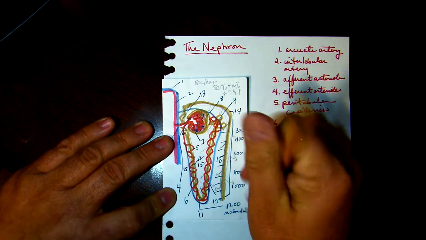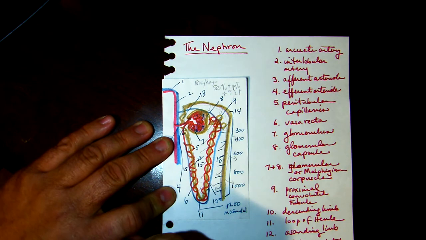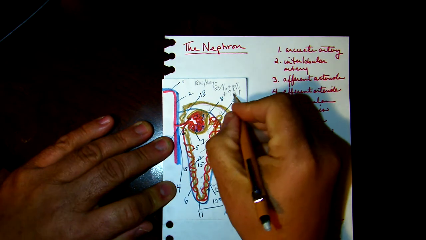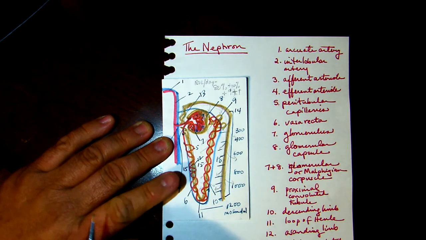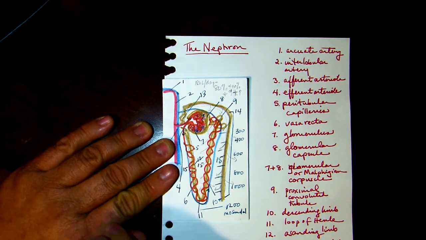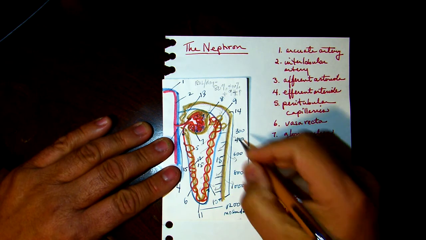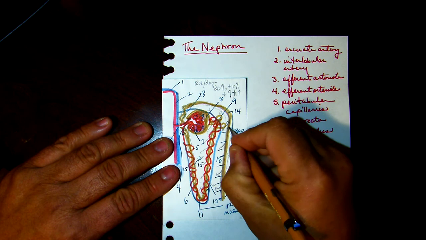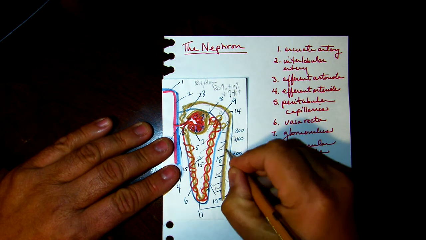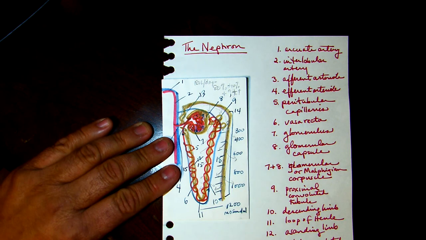So let's just say 9+%, leaving you with less than 1% that is actually used for the purpose of excretion of toxins by way of urine. So the question is, how does the water get resorbed if nothing can go through? Well, thanks to the action of ADH, the posterior pituitary hormone made in the hypothalamus, there are aquapores or aquaporins,